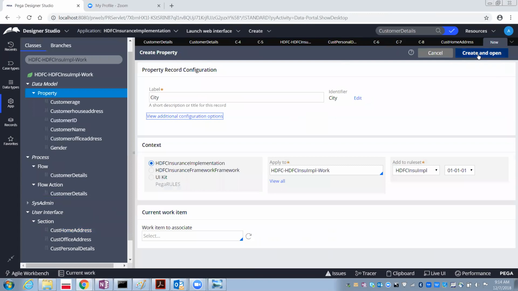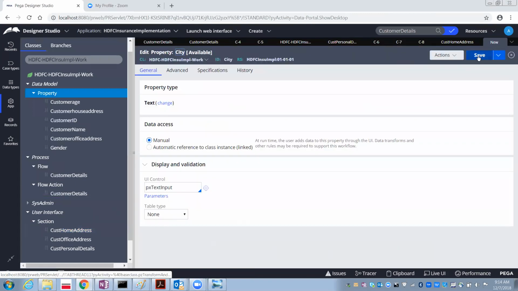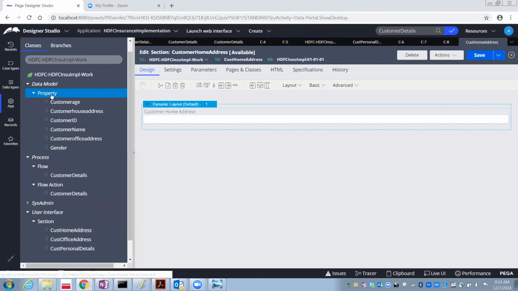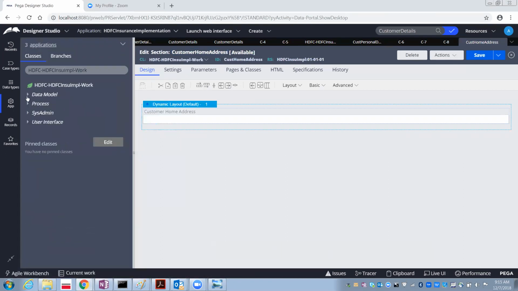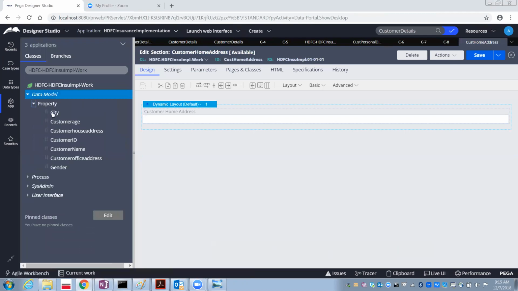Create and open. I'm just saving, not doing any updates here. By default, it will be a text input. Refresh. Once you refresh, only then can you see the properties you have created. Yeah, now we got the city.